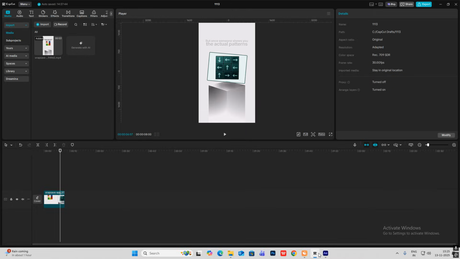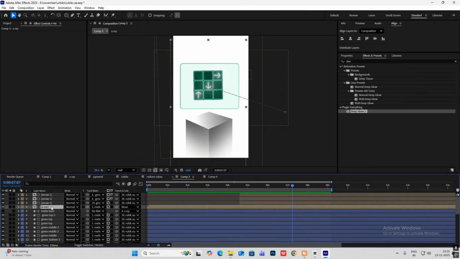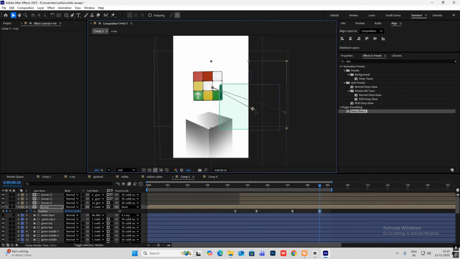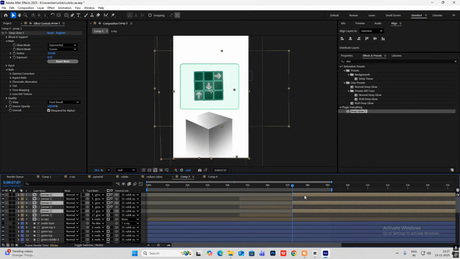Okay, and finally what happens is when it goes out, it becomes all one color. So somewhere around here, I'll just select this, hit P for position, go ahead and remove this out. And you know, when this goes out, as you can see, it is still remaining, but we want it to go out with this. So after it's over here, I'll select these, Control Shift D, to cut it from here